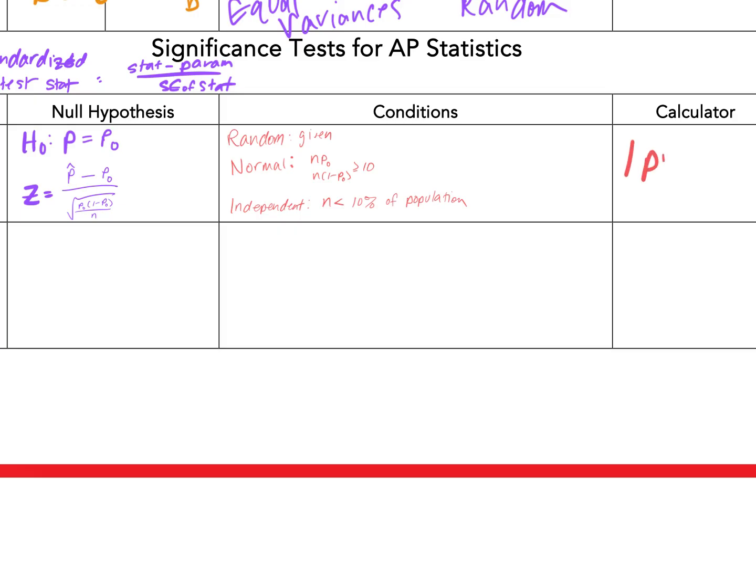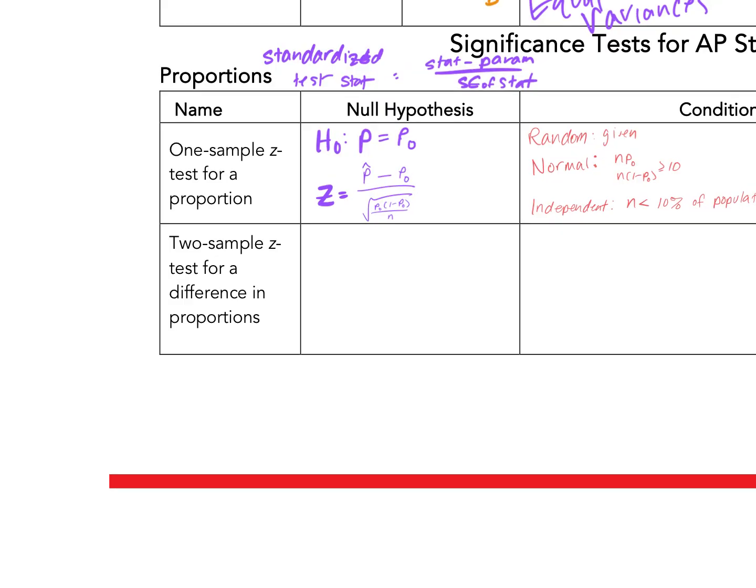In the calculator, we pick the one prop Z test. A reminder, in terms of when we write down which procedure we're doing, we write down the proper name, not the calculator name, okay? If I'm doing a 2-sample Z test,